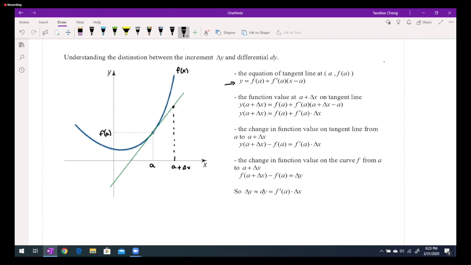So now the y value, the function value at a plus delta x on the tangent line, is equal to f of a plus f prime of a times delta x. From before, we know that the change in x for this tangent line, we have the differential of x, which is equal to delta x. The change in y values on the tangent line, from a to a plus delta x, is talking about the differential of y. And this can be looked at as the change in y value, which is y of a plus delta x minus